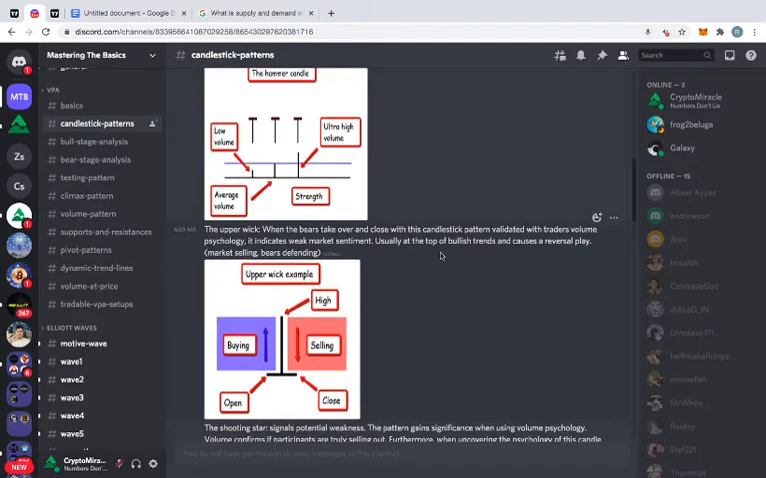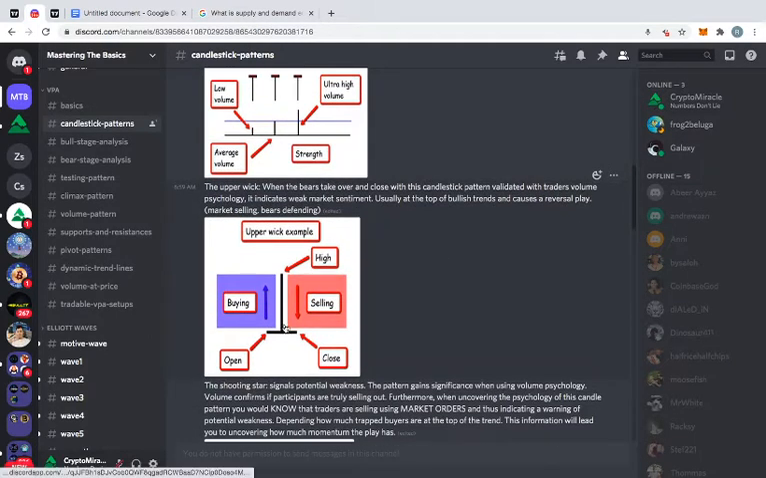Next, the upper wick. The upper wick is right here. Boom. The same thing, but on the downside. So when the bears take over and close this candlestick pattern,